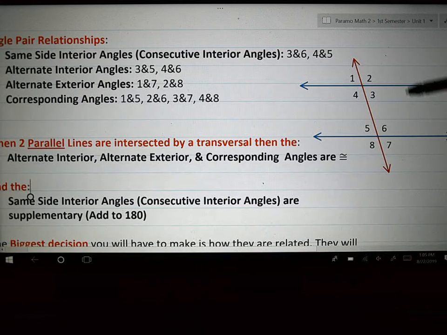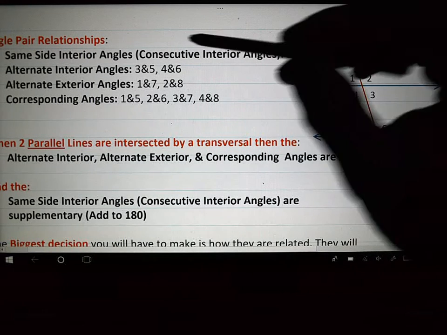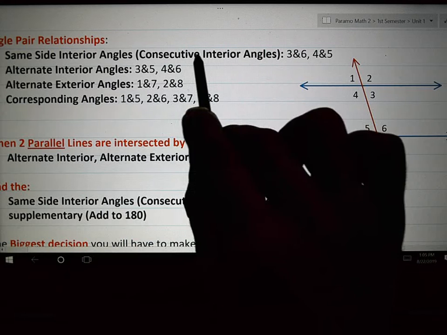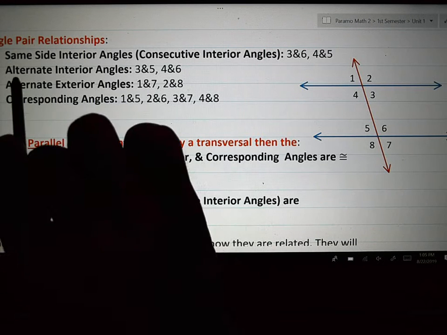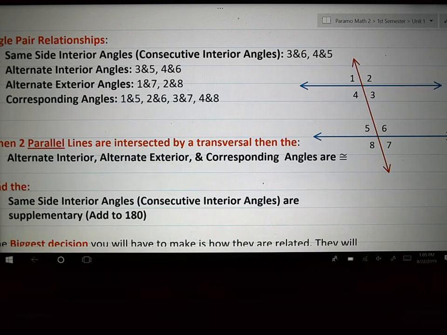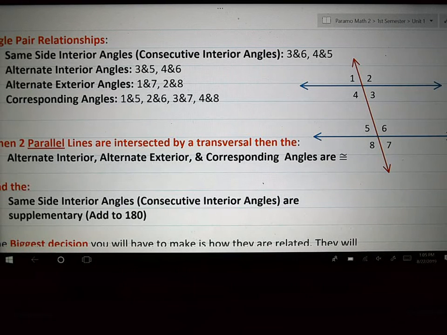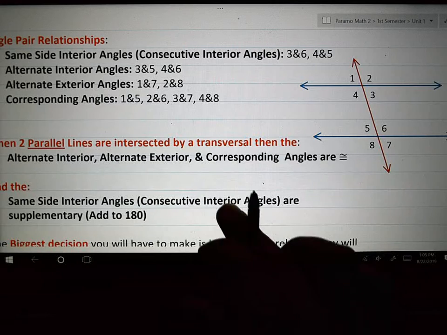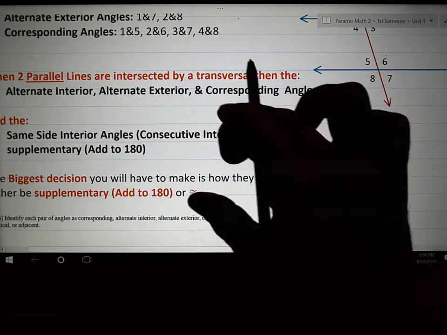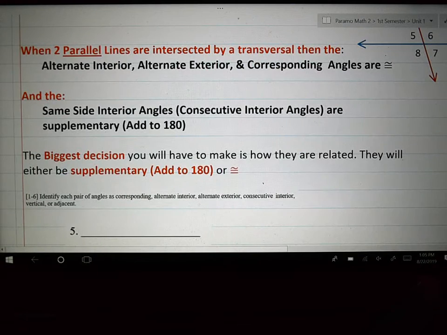So I gave you a little chart with numbers here so that you could know what were consecutive interior angles, or which ones were alternate interior, alternate exterior angles. These are the names of those types of angles or angle pairs. But then the last thing that we talked about, the thing that you were going to do the most amount of work on,